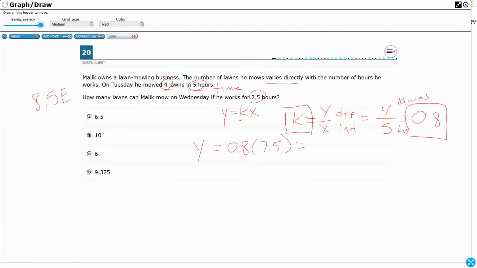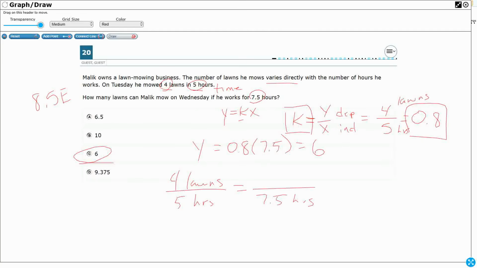Okay, so x equals 6. So I can mow 6 lawns. And let's see if that proportion works, because you can also use a proportion, right? You can say 4 lawns, 5 hours, putting the units to make sure that we put the units correctly. And you can say 7.5 hours